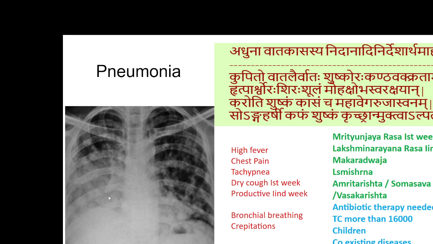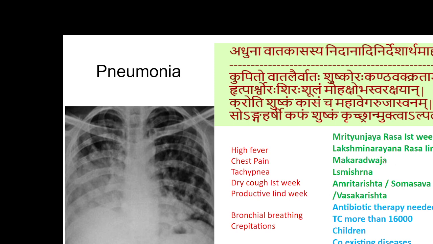Treatment in that condition: if the patient of pneumonia has a total count of more than 16,000, I would prefer antibiotic therapy, and particularly in children, antibiotics may be needed, or if there is a coexisting disease, then again antibiotic treatment may be needed. If not, other than these conditions,